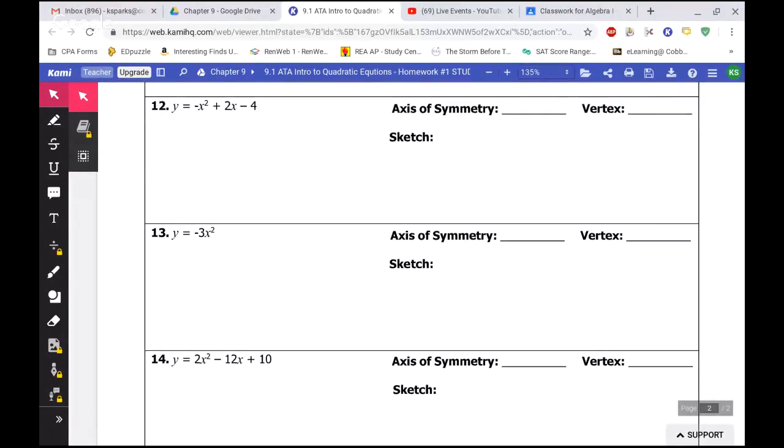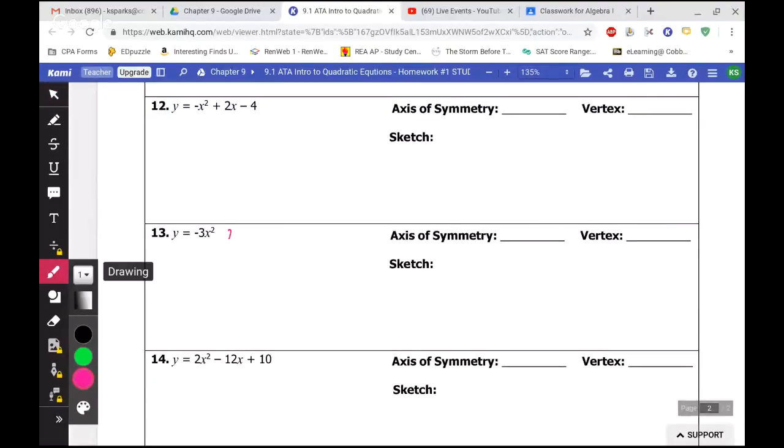When there's no C like that and there's no B, you could still solve everything exactly as you normally would. But if you think about it, you're just going to end up with the origin as being the vertex. So if you added +0 for your B and +0 for your C, and then you solved for opposite of B over 2A, just like we normally would, you'd have 0 over 2A. So that's going to be your X. So your axis of symmetry is going to be X equals 0,